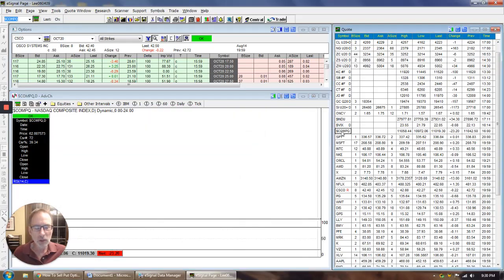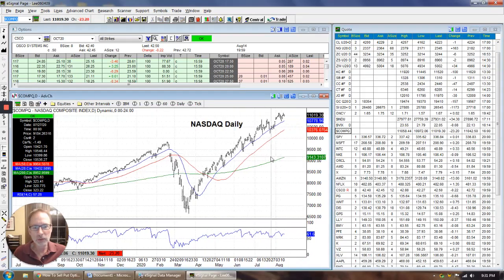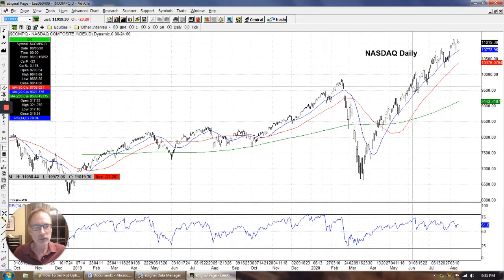Market remains strong, wants to keep going up. I don't really see anything derailing it. NASDAQ is the strongest of the three. So keep watching the 20-day moving average line and play along with it. If it comes back down to the blue line, the 20-day moving average on your charts, could be a good place